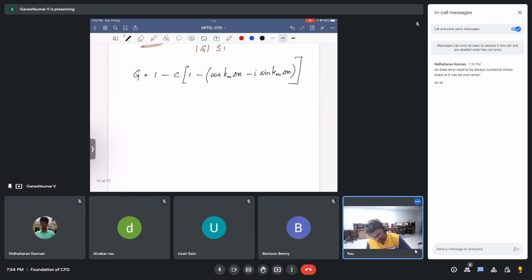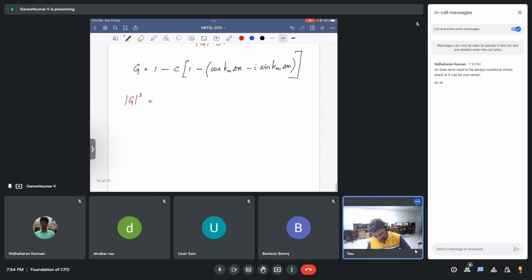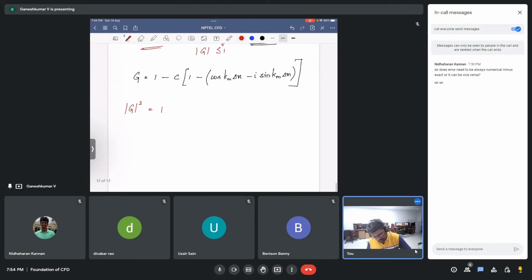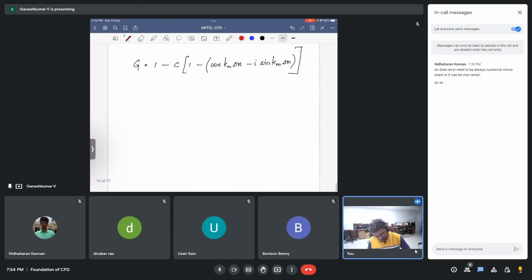So that's why we will find the modulus of g square. Okay, let me write it down separately, as real and imaginary. 1 minus c, if you multiply minus into minus, plus c times cos km delta x,